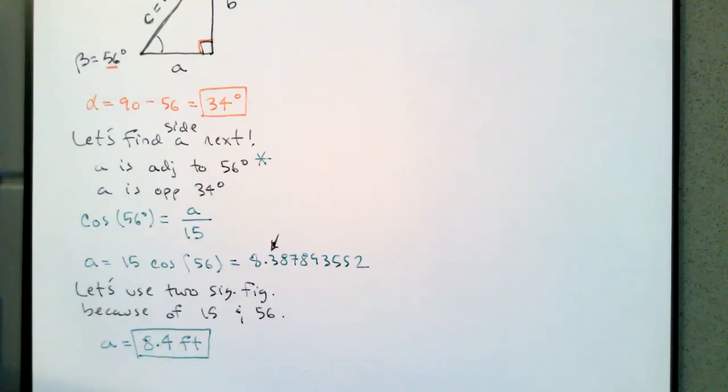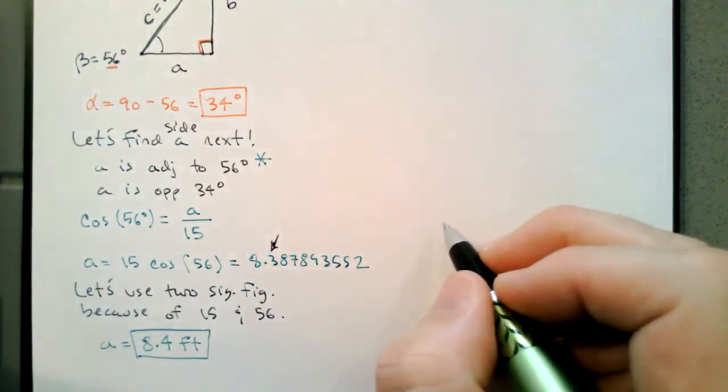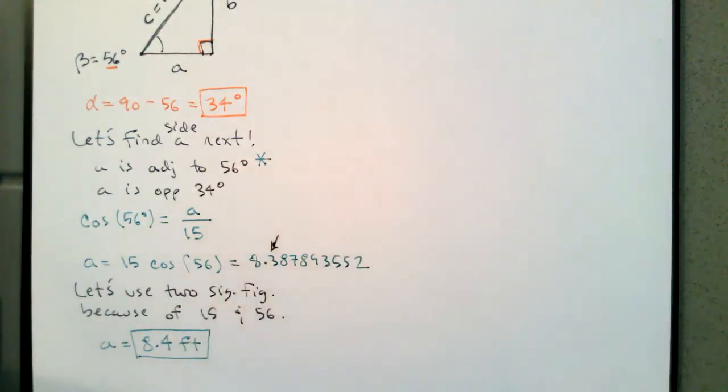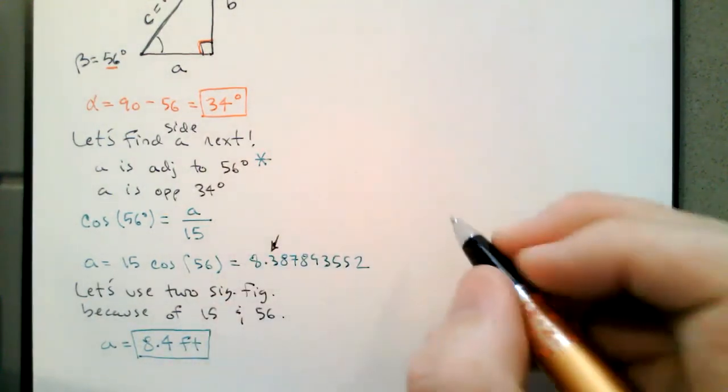Note that A is opposite the 34, so we could have gone with sine. In an alternate reality, I said, let's be risky and go with the sine. So I might have said